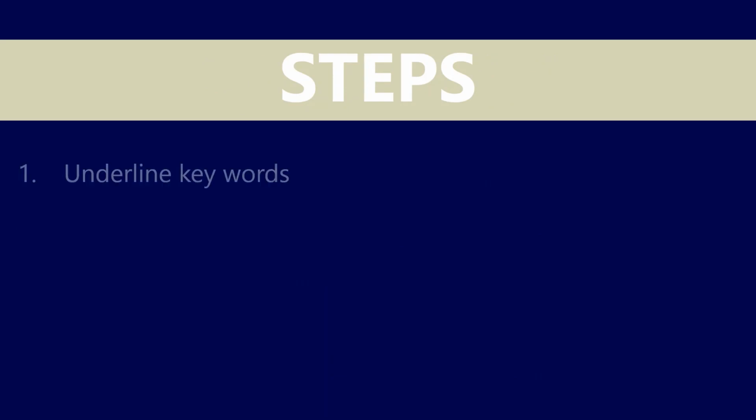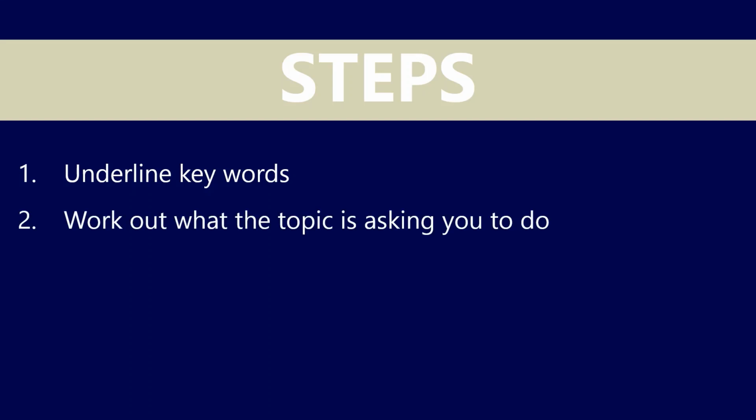As always with our essay writing, we always start by underlining those key words and then work out what the topic is asking you to do. I mentioned before you have to cover all aspects of the topic, and that is really true. The word all is really good to remember. A couple of years we've had topics such as all characters make sacrifices. That's really important because do all characters or do not all characters, it might make a massive difference in terms of your ability to respond to the whole topic. So make sure you know what the topic is asking you to do.